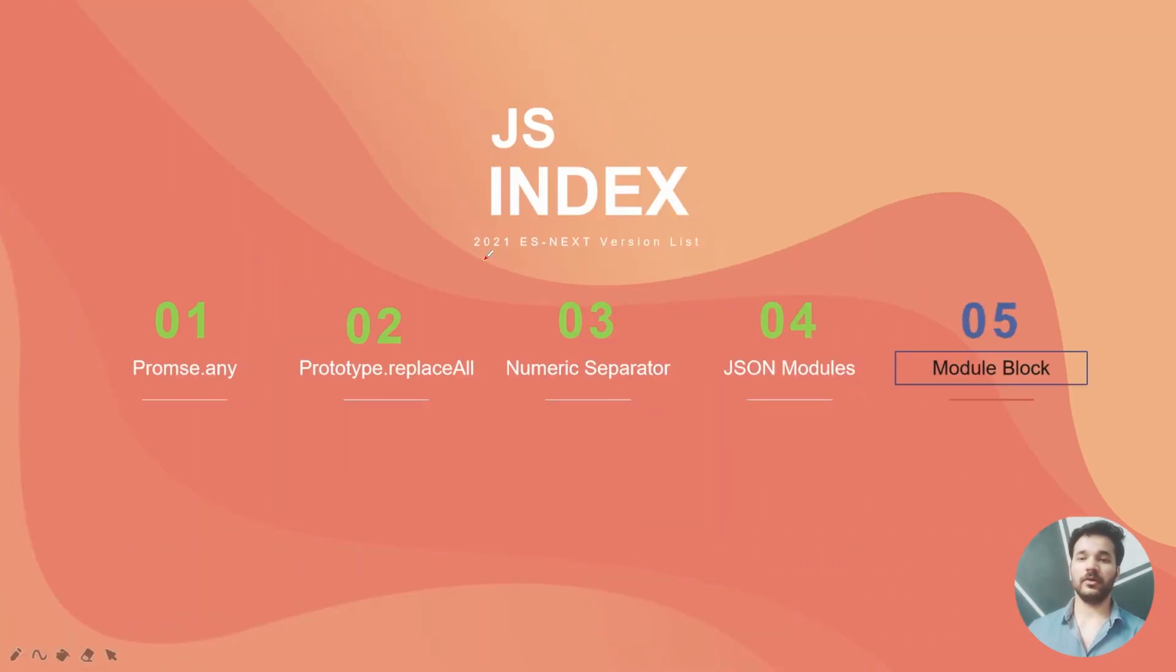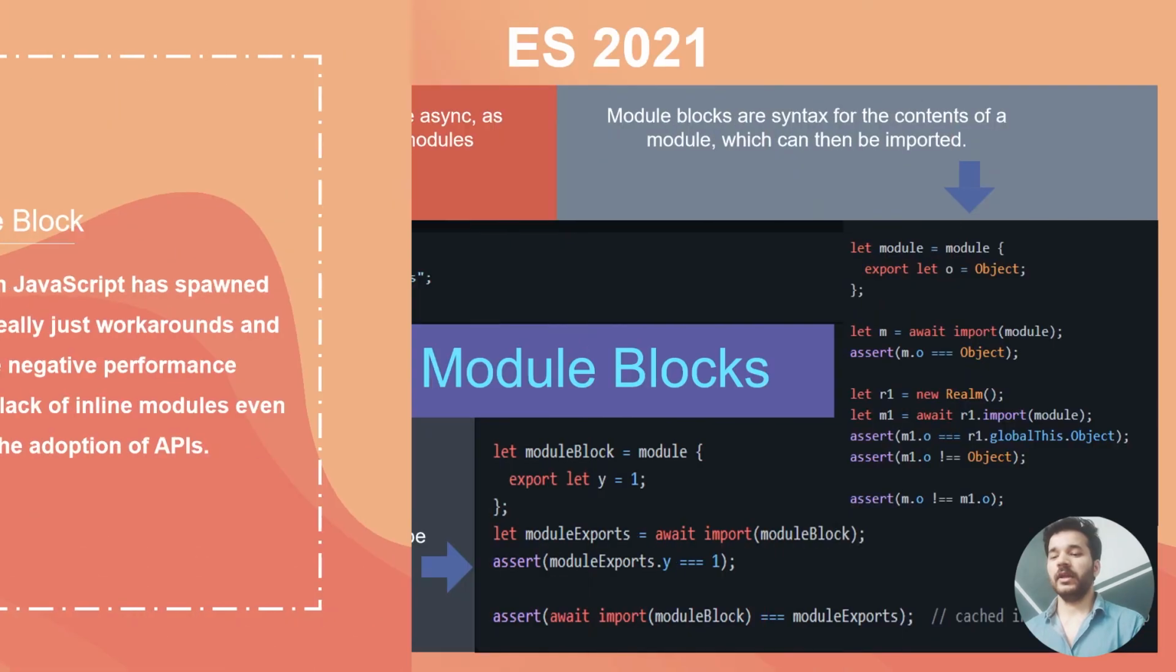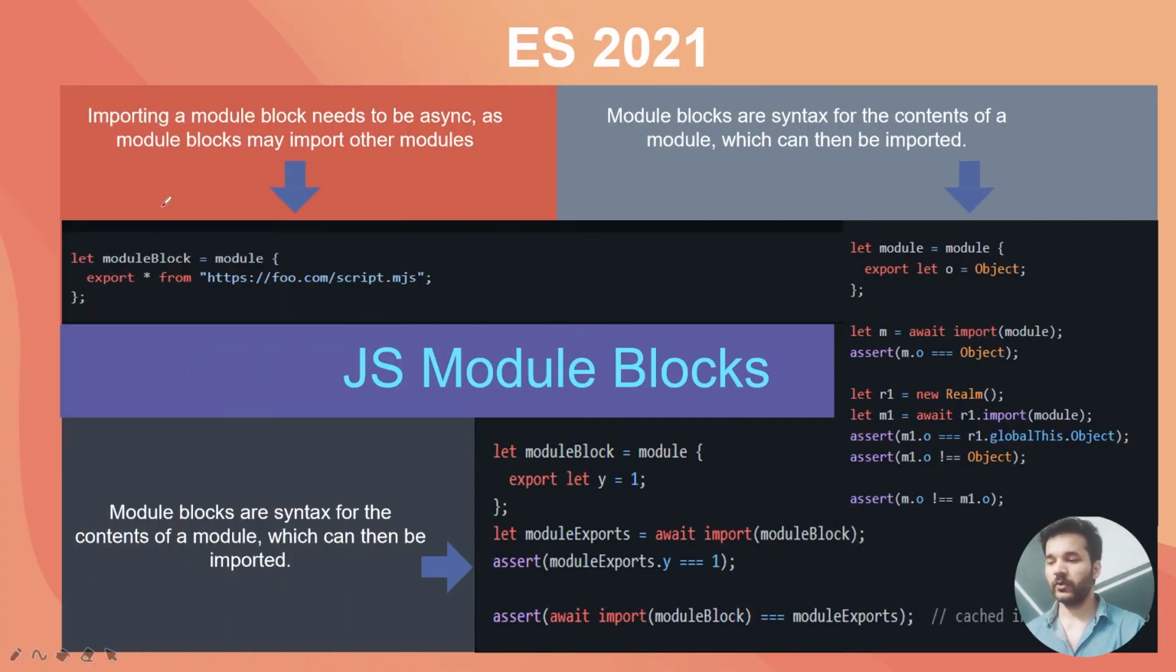Now let's move on to our fifth feature. This is also in stage 3 and possibly will join ES12 as a feature, but for now I personally like this JS module block because it gives us the power to create inline modules in JavaScript that can be created from any line and used. This inline module will help us prevent hindrance while adopting APIs. As you can see, we have some quite good implementations if it is possibly released as an ES12 feature in